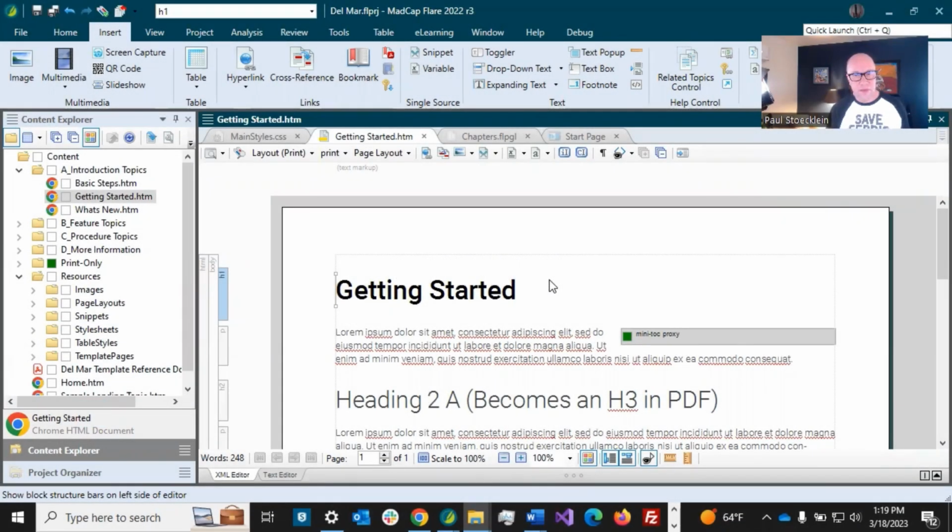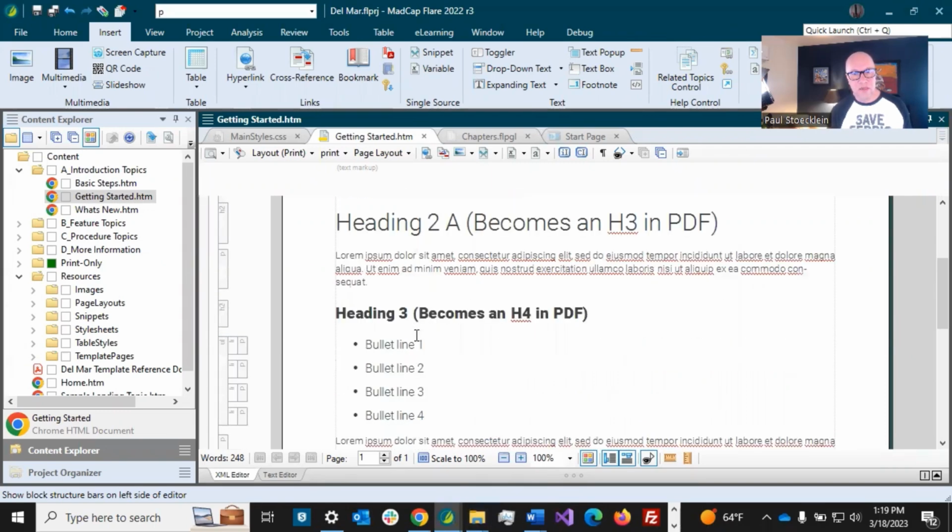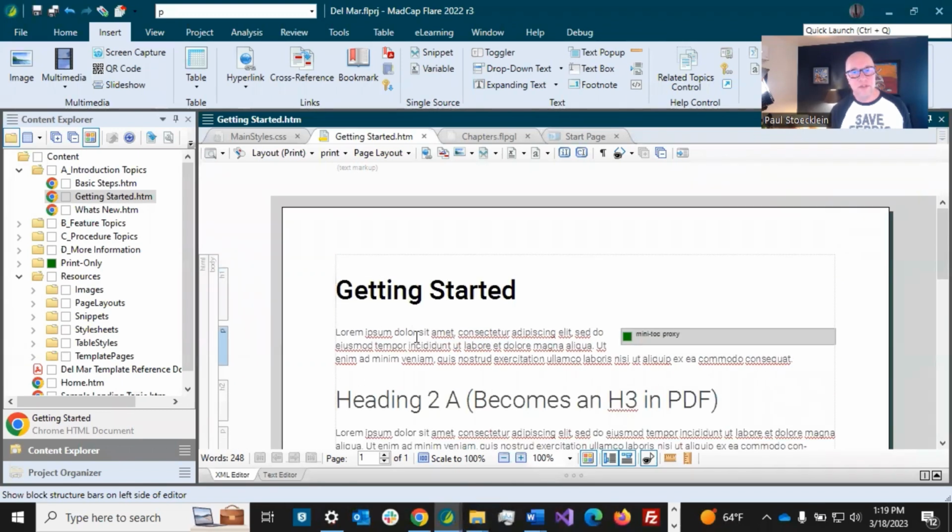We started setting up the Mini-TOC and the proxy and the styles. Now, what about the rest of the content that you find in chapters? Well, I went ahead and started adding some additional content into the getting started topic in here, some text and headings, subheadings, bullets, just to give us something to work with. And I also went into the style sheet and added all the settings for these different things, just because there are so many. So we're going to go in there and I will just walk you through that